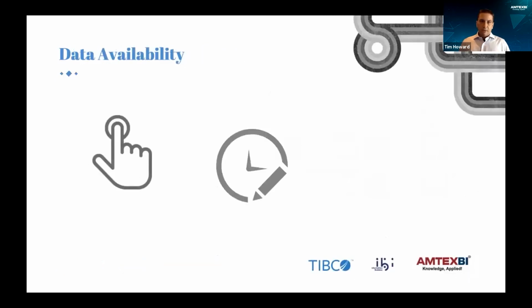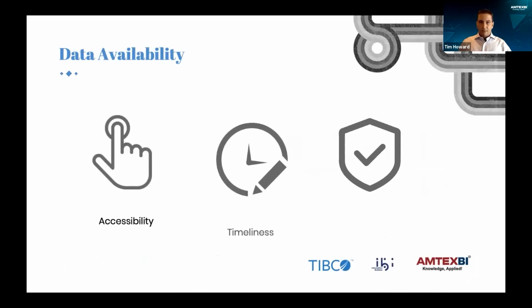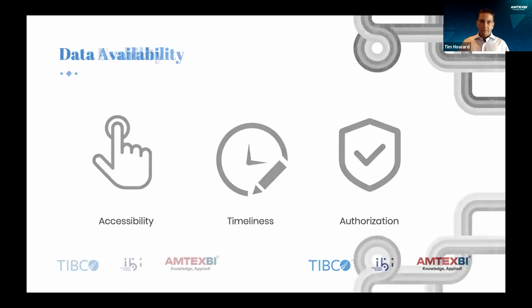From an availability standpoint, it's the ability to access the data you want to access. How timely is the data that you're getting? If you need to do real-time reporting off of something, are you getting the data in real time, or is it a week or a month old, or even a day old, which is too old for some people? For some people it's fine. So you have to understand: can I get to the data? How timely is it? And do I have the access I need to that data? Availability obviously is the first step there.